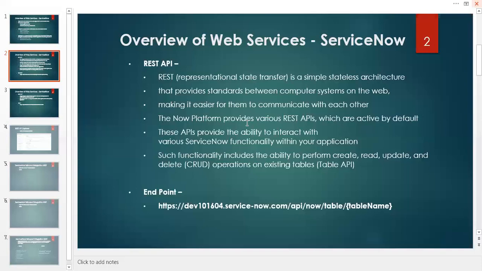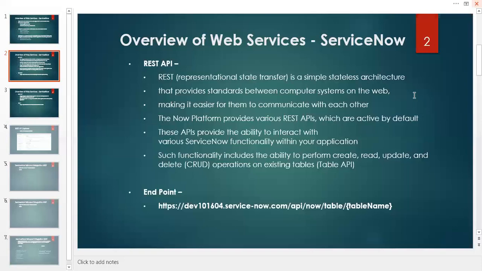Now the ServiceNow platform provides various REST APIs which are active by default. These APIs provide the ability to interact with various ServiceNow functionality from your application. Such functionality includes the ability to perform create, read, update, and delete, that is CRUD operations, on existing table APIs.